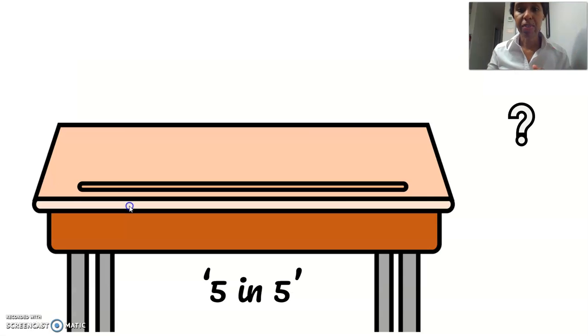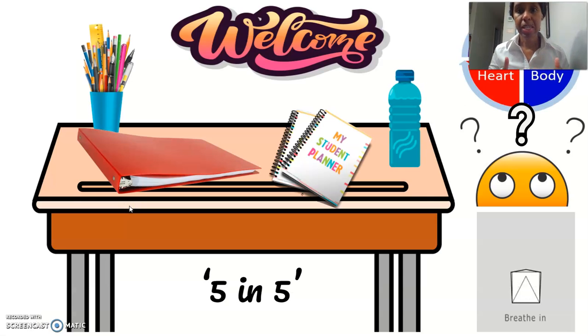The 5 and 5. You're going to see this in every class at the beginning, meaning that within the 5 minutes, you're going to have your materials ready: your pens, your pencils. Actually, you should have your pencils because in math, you do everything in pencil. Your binder, your planner to write any assignments that I give you, and something to drink. It would only be water, nothing else, no Gatorade, Snapple, all that stuff, just water. And I will give you more instructions about what materials you will need for class.